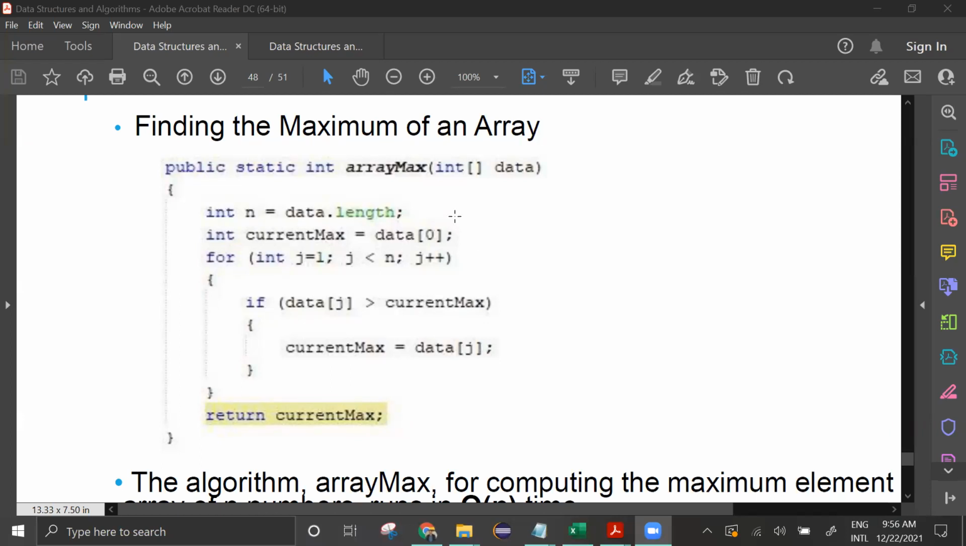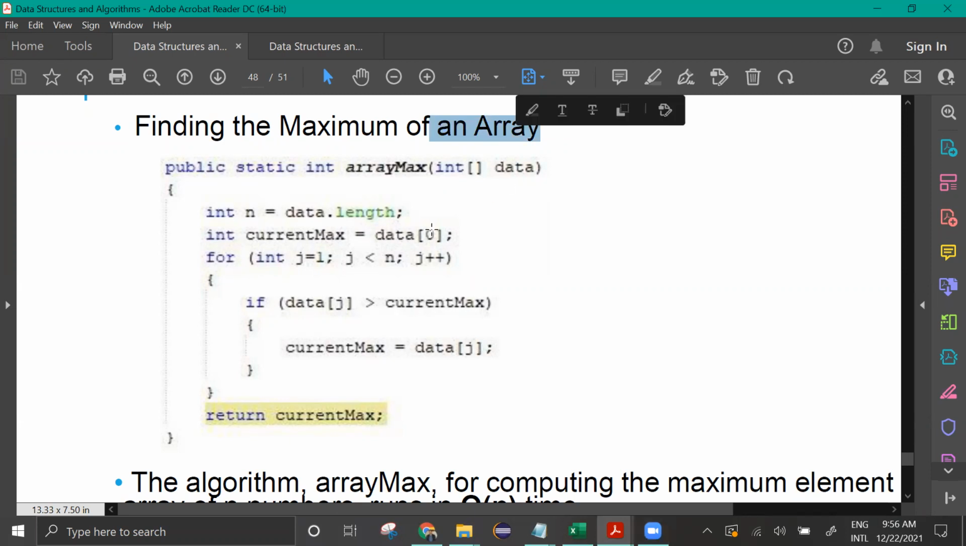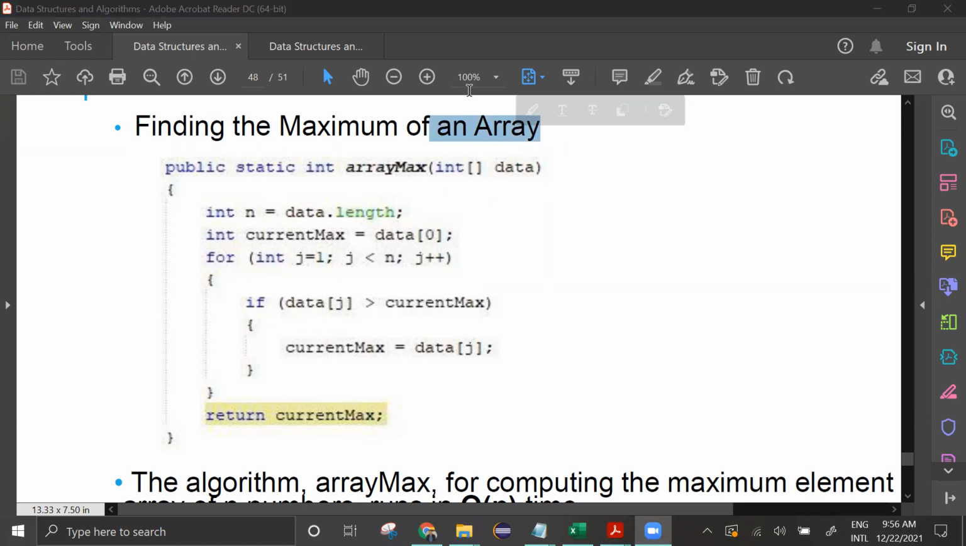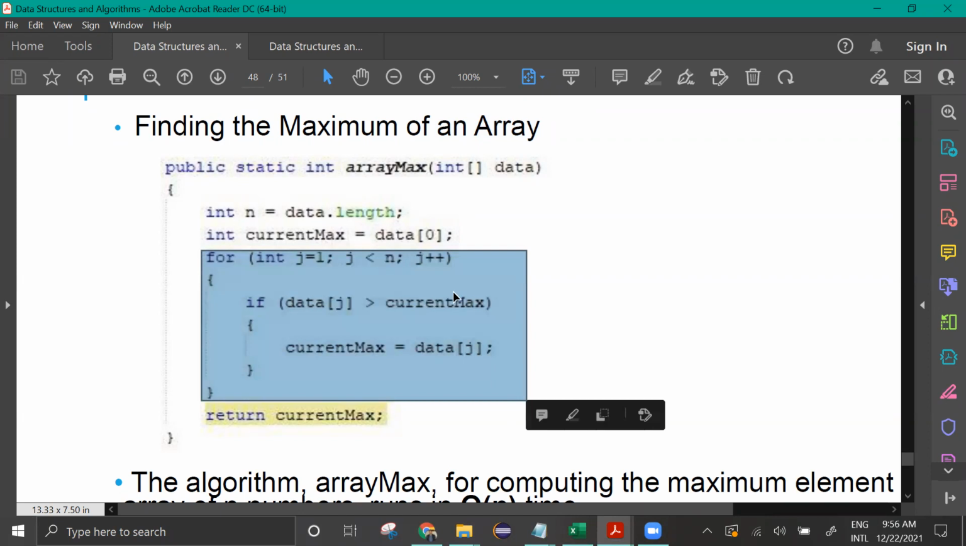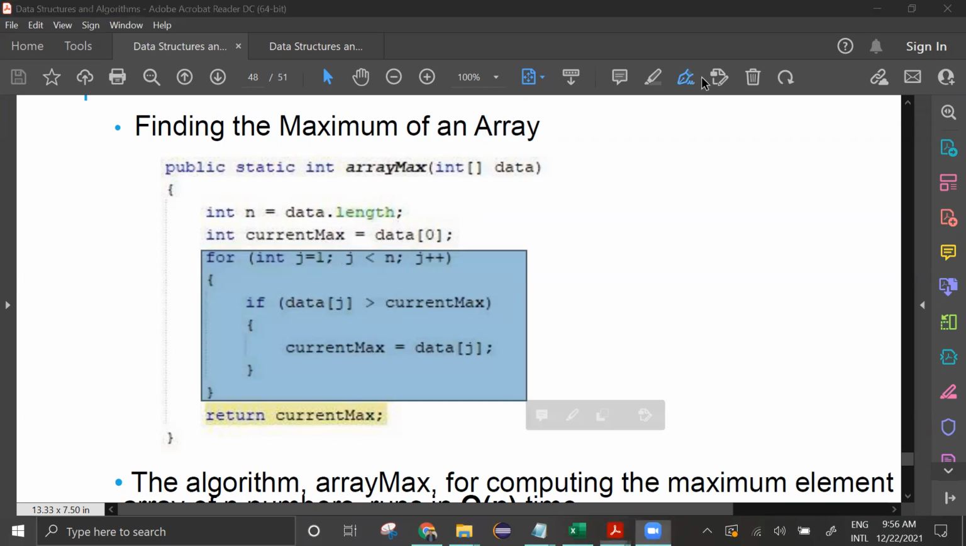Yeah, so the array size is n. Yeah, that's fine. Even if you're wrong, that's fine. So can you tell me why you just say it is n? Okay, so then